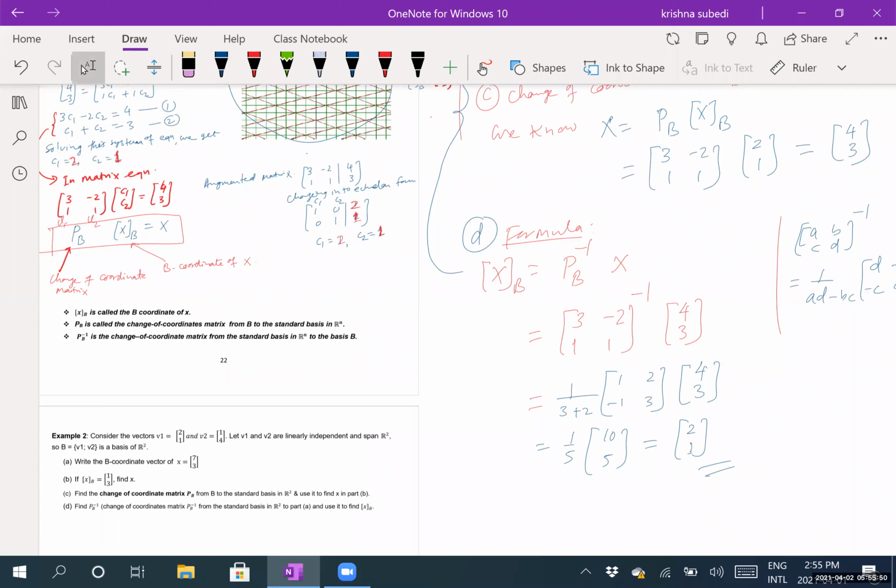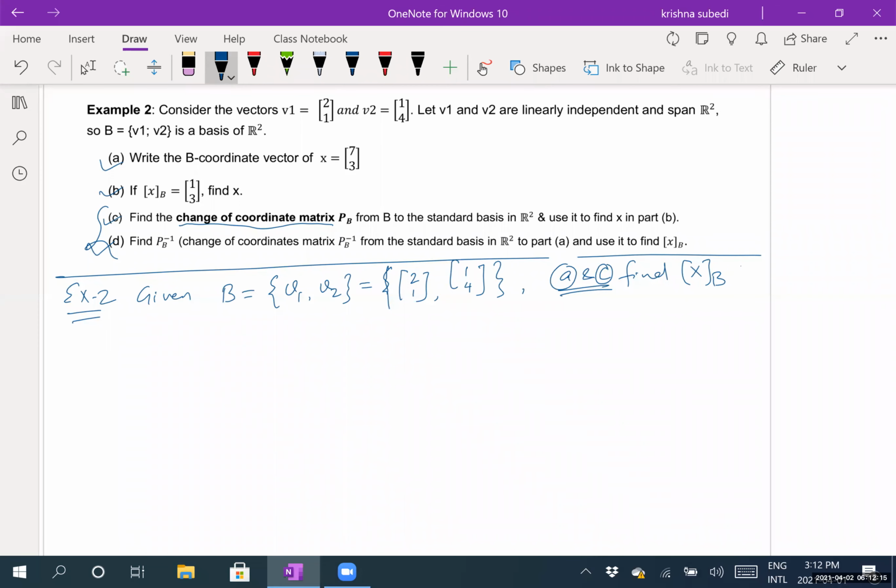And I want you to try one question on your own, okay? In example 2, we are given a basis vector v1 and v2, which is 2, 1, and 1, 4. And in part A and C, we need to find the change of coordinate matrix xb. Okay, let us work it out. We know the formula, right? So we know the formula here is